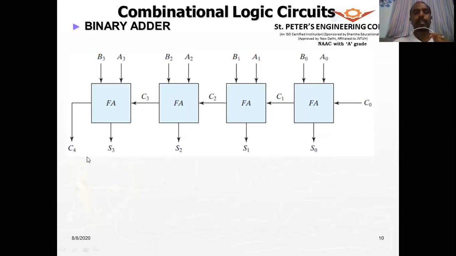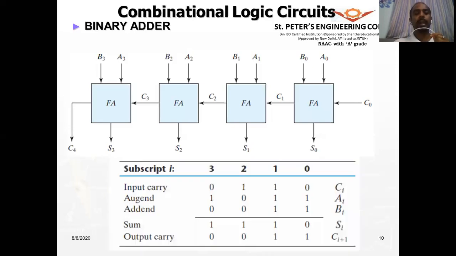Okay, so we see that we can perform the parallel addition. Here, as I said, we have different carry inputs, C0, C1, C2, C3, and C4. We represent that with the index i, indicating that it can be from any position, the 0th, the first, second, or the third one. The final overall carry will be C4. So C4 is not shown here. C4 is the output carry, which is shown as Ci plus 1. All right. And the two numbers that we add are called the augend and addend.